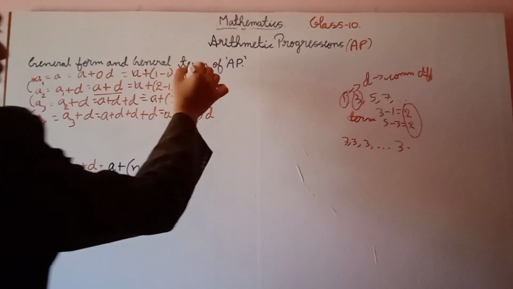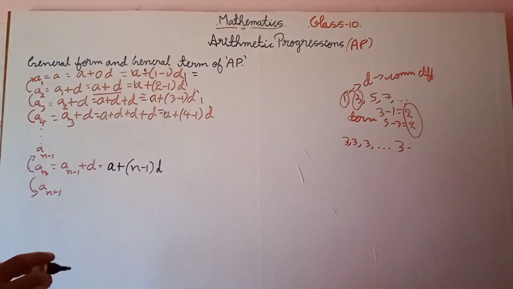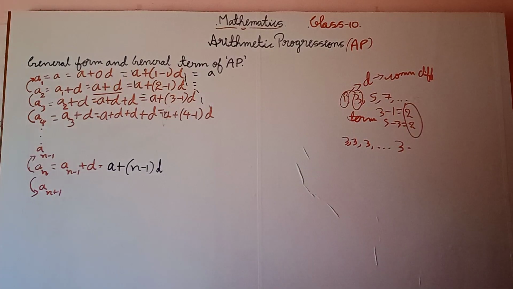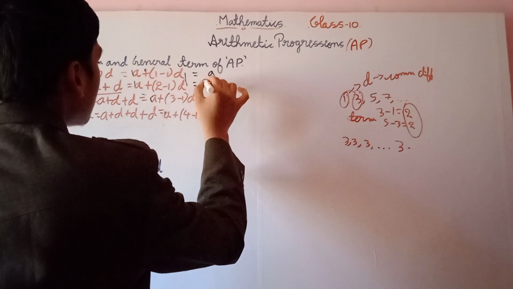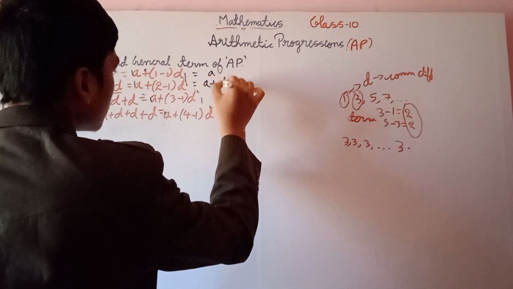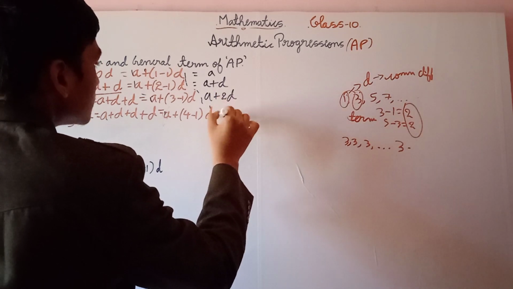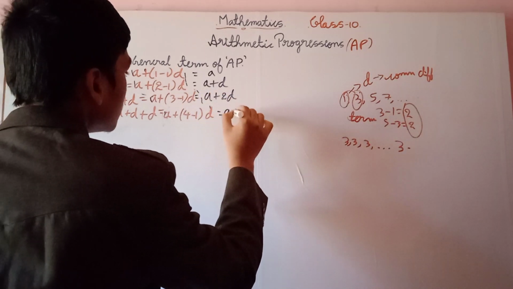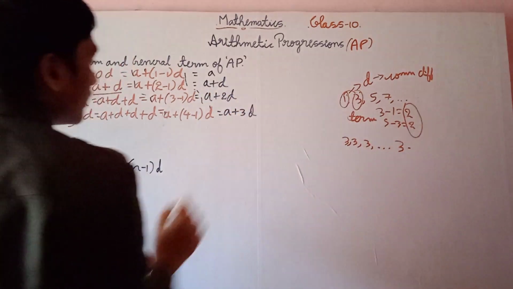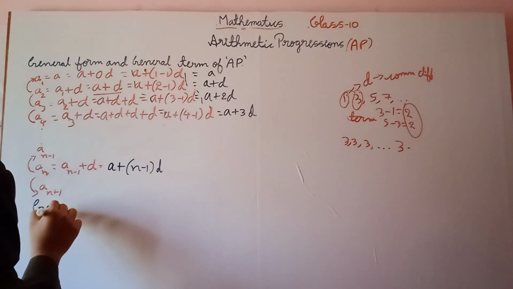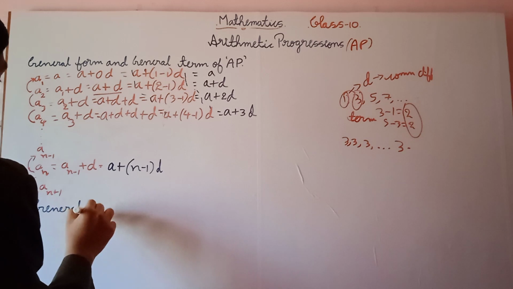So finally we will be left with a plus (1 minus 1) into d, which is a; a plus (2 minus 1) into d can be written as a plus d, the third term as a plus 2d, the fourth term as a plus 3d, right? So similarly we can write the general form of AP